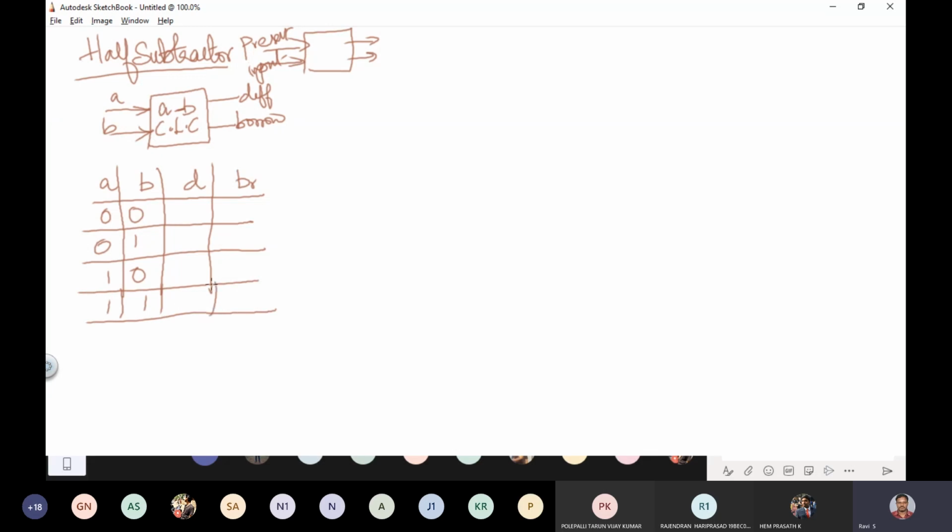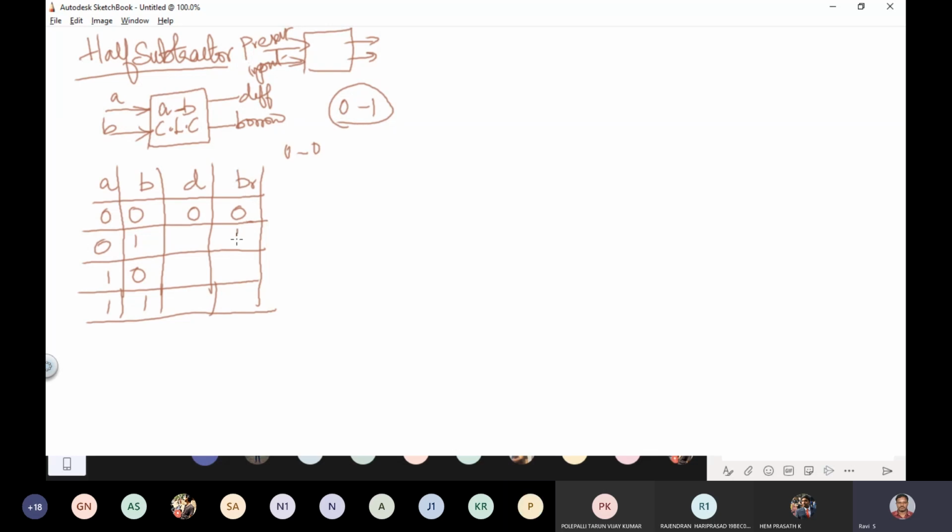Now when you subtract 0 minus 0, you will get difference as 0. You won't borrow anything to subtract 0 minus 0. So D is 0, borrow is 0. Now I'm going to subtract 0 minus 1. 0 minus 1 is not possible, since 0 is small and 1 is a bigger number. So I have to borrow.